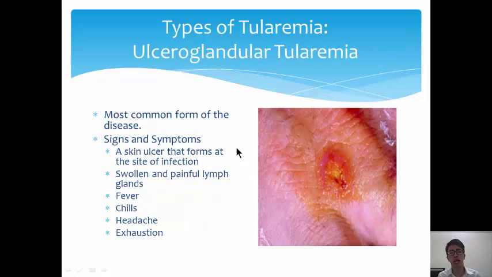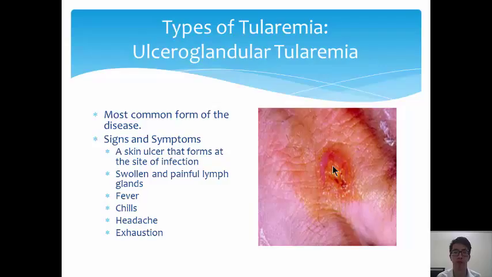There are multiple types of tularemia, and they all are basically different from one another due to their portal of entry. This one is ulceroglandular tularemia, and it's the most common form of rabbit fever. There are different signs and symptoms, such as a skin ulcer that forms at the site of the infection, as you can see in the picture here, and swollen and painful lymph glands, as well as fevers, chills, headaches,